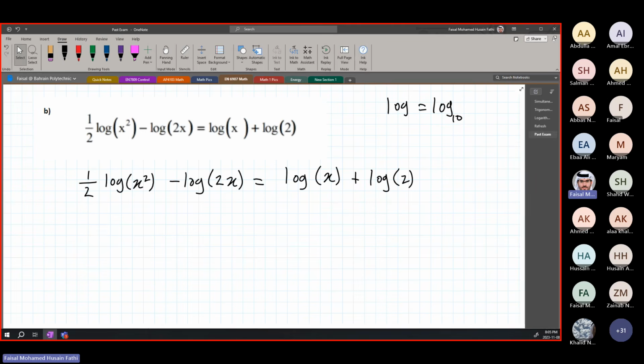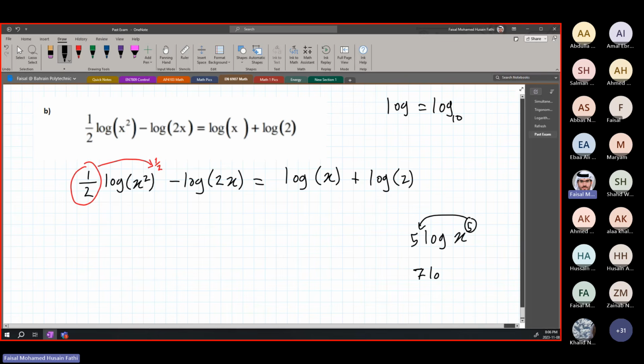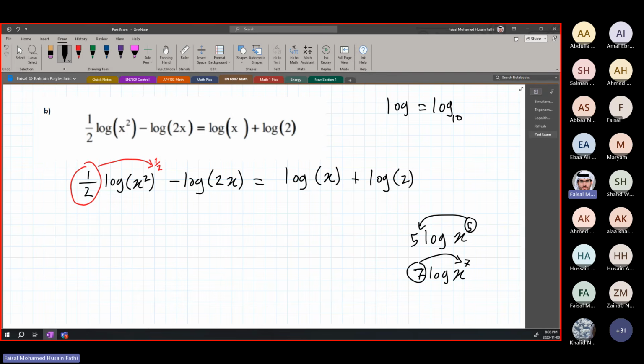So what do they want us to do? They want us to find the x, of course. We have x here, and we need to find it. So we just apply the 3 rules we learned from log. First, we know this is a power, so we can move it here as a power. Right? This is our first rule that we learned: if we have log of any number, let's say x to the power of 5, this 5 we can take out and put as 5 log x, or we can do the opposite. If we have 7 log x, we can take this and put it in as a power. It's the same thing: you either take it out or you put it in.